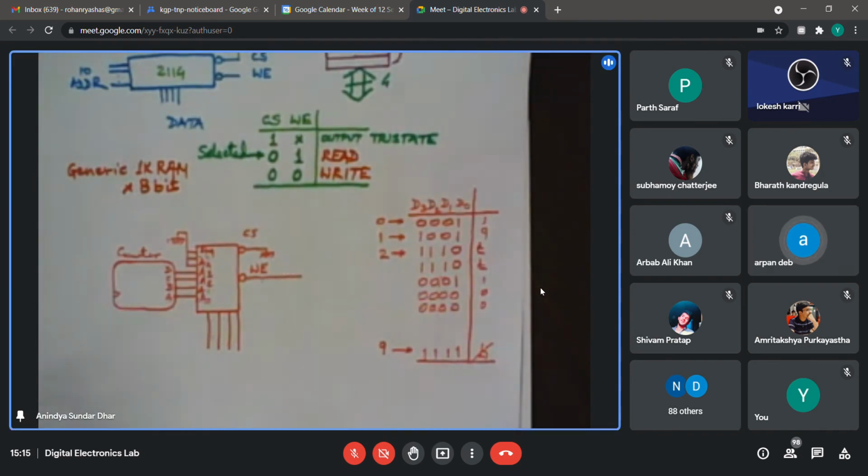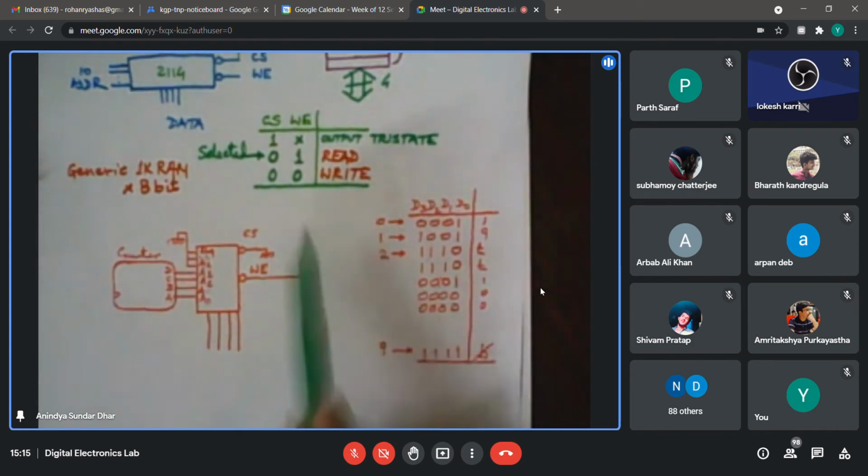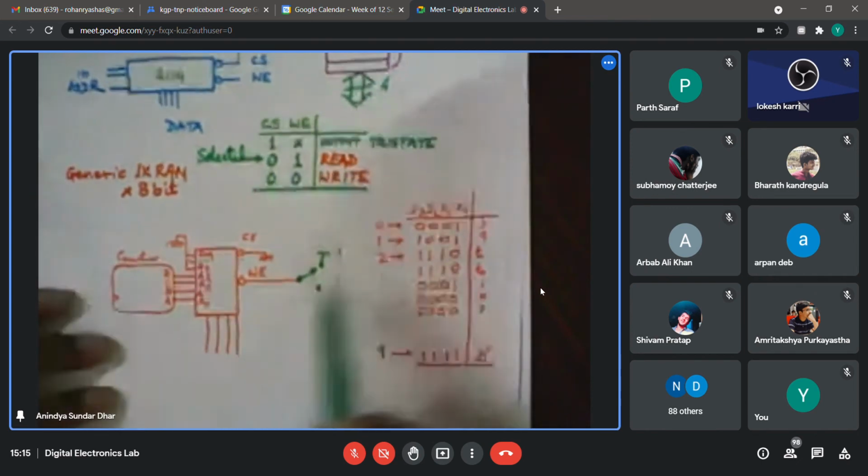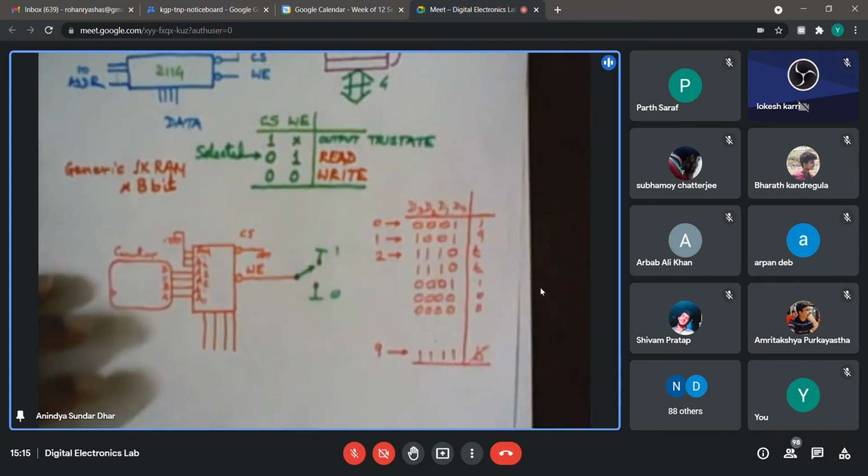Okay, for the time being, if I assume that you can really do that, then maybe during write operation you make it low. So suppose I put a switch over there, I can make it high or I can make it low.